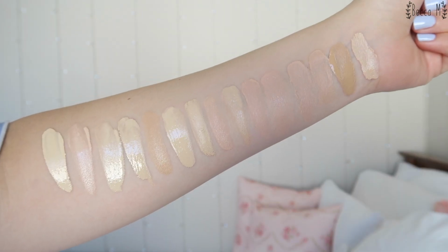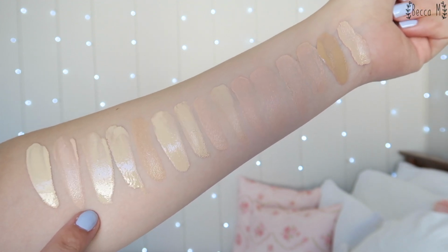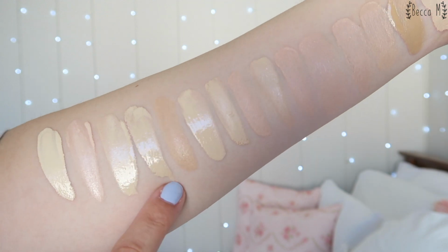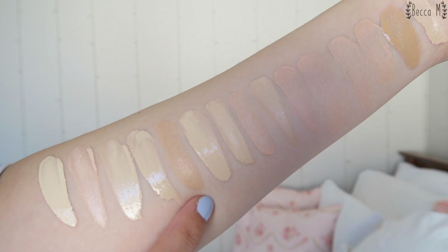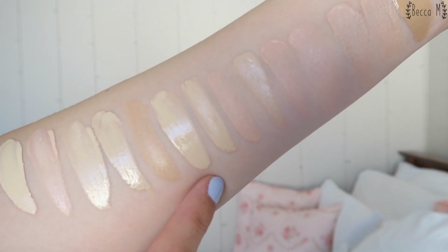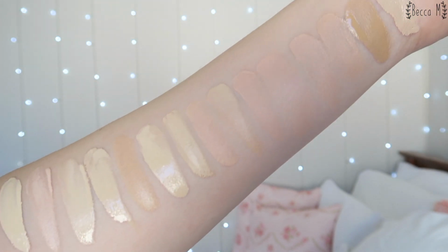So this is my current foundation collection. Over here we have NARS Sheer Glow in Siberia, the Bobbi Brown Intensive Skin Serum in 00 Alabaster, the Etude House Double Lasting Serum Foundation in Y03 Ivory, the Annecy Liquid Foundation in the shade 100. This is the Peri Peri Ink Drop BB in the shade Ivory. I think this one might have gone bad because it's not usually quite this orange. The Holika Holika Hardcover Glow Foundation in shade 01 Ivory, the EX1 Invisiwear Foundation in the lighter shade, which is